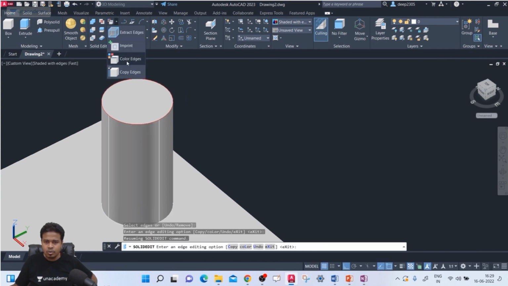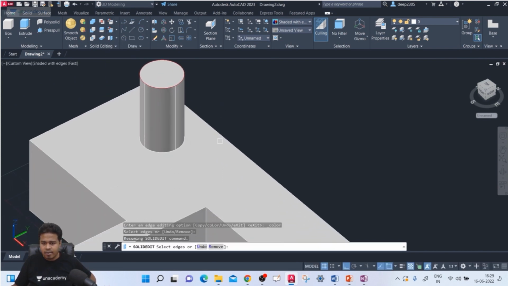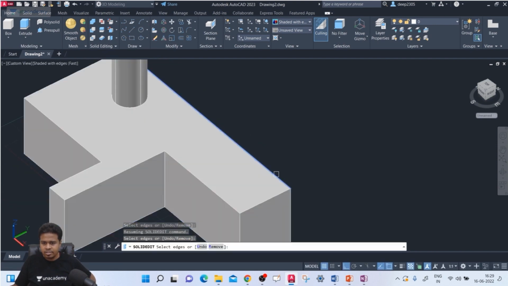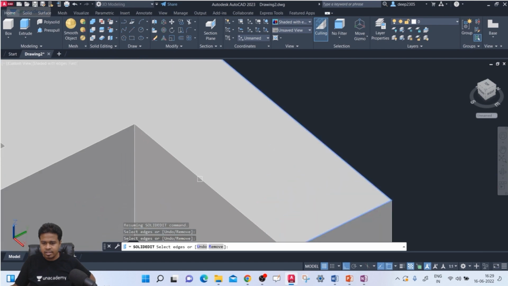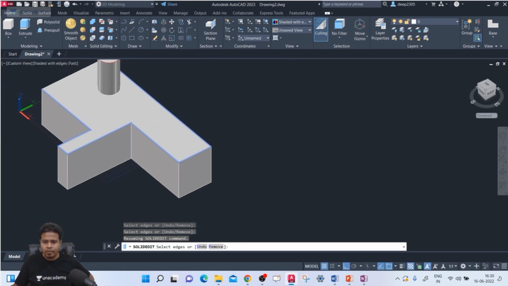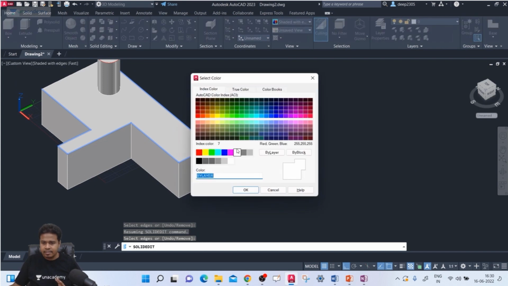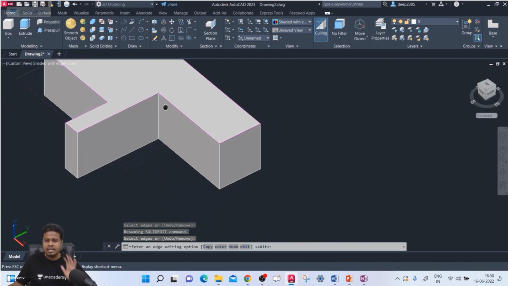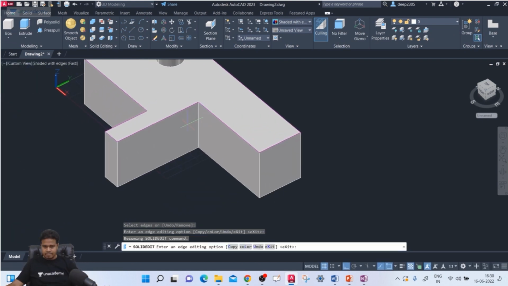Go to color edge again. Okay, select this edge. This edge, you can select multiple edges. Just left click onto that edge which you want to color. Okay, then enter. Suppose I want it to be pink color. Okay, see that edge has been colored with pink. So these things will be useful